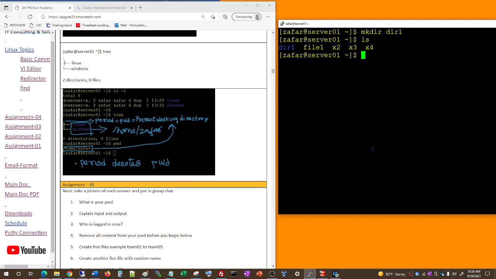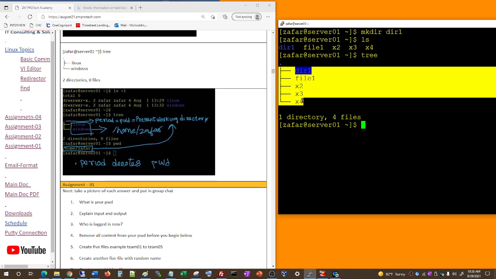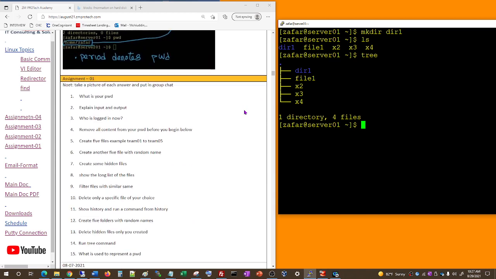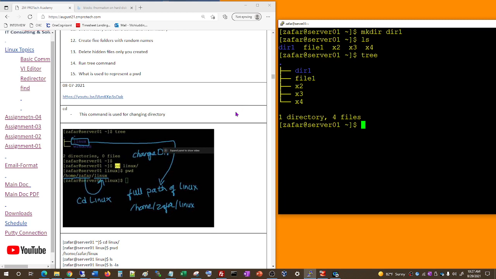And the tree command. By default the tree command is not installed, but I have already installed it. When we go into the administration part, I'll let you guys know how to install all those things here. All right. And cd, if you want to change the directory, cd space name of the directory or the path